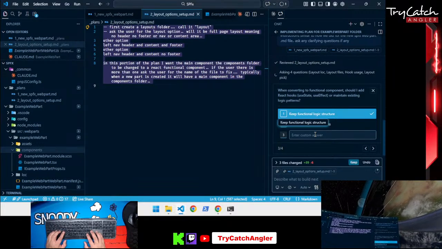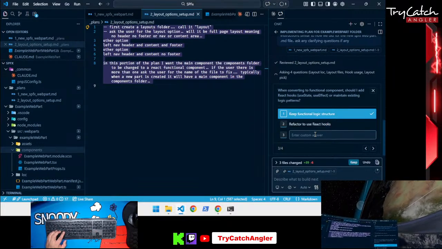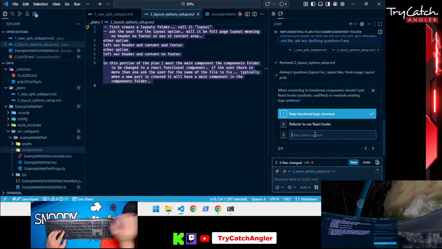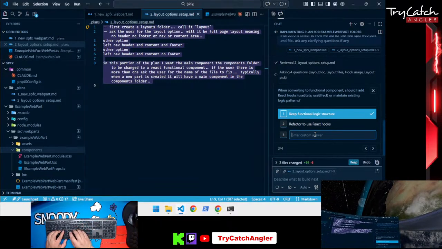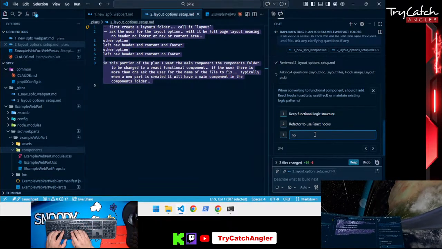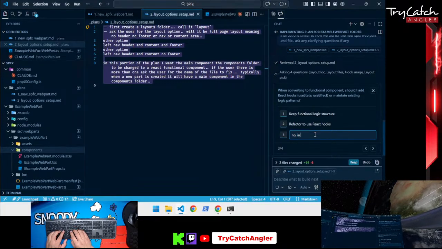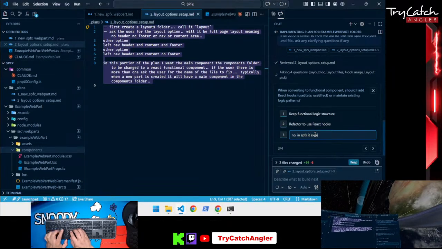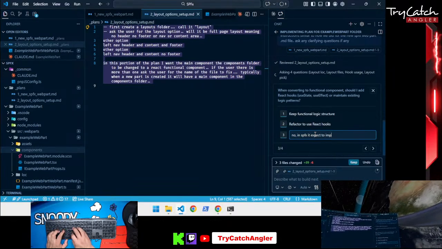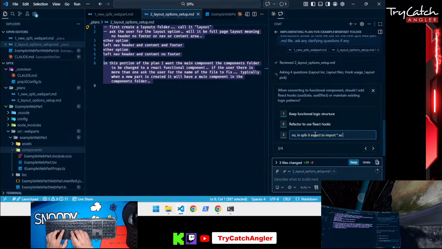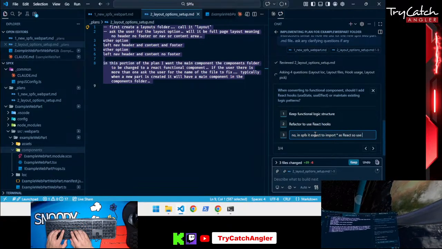When converting to functional components, should I add React hooks, use state and user type? No. In SPFx, it expects to import all as React. So use